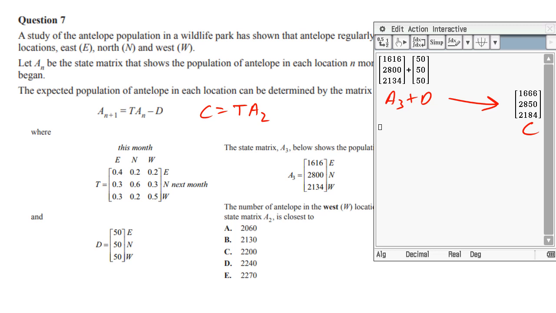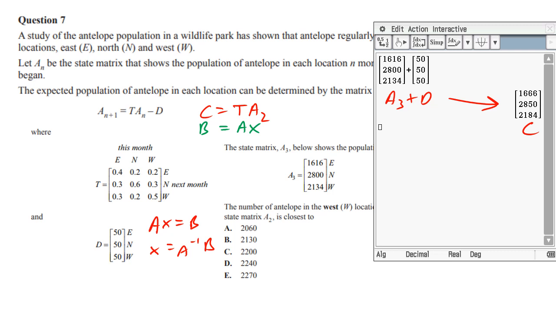Compare this to, remember, AX = B, and we want to find X, so X = A^-1·B. So I'm going to label this up. Really, this is our B = AX, right? So B is C, T is A, and A2 is X. Not confusing at all? So to solve this, we've got to just rearrange this and say, all right, I want